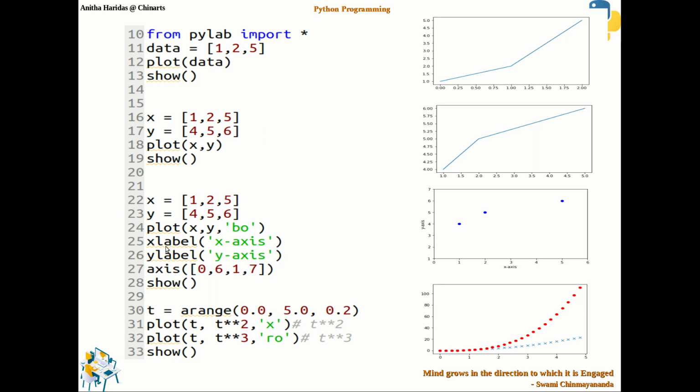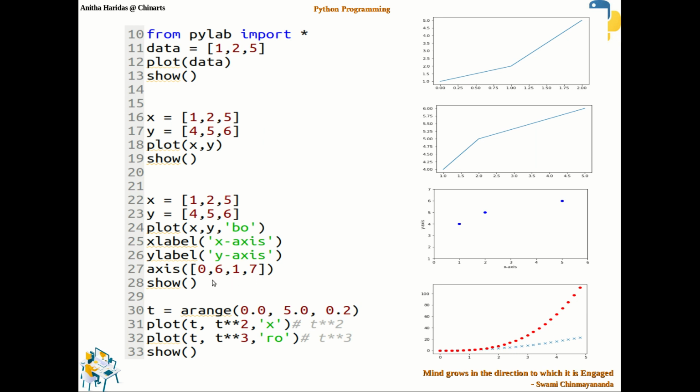Then I can also give names for the x-axis and y-axis, for which I am using functions called xlabel and ylabel. Whatever you want, you can change here, right? Then I have one more function here called the axis function, where I have given a list.